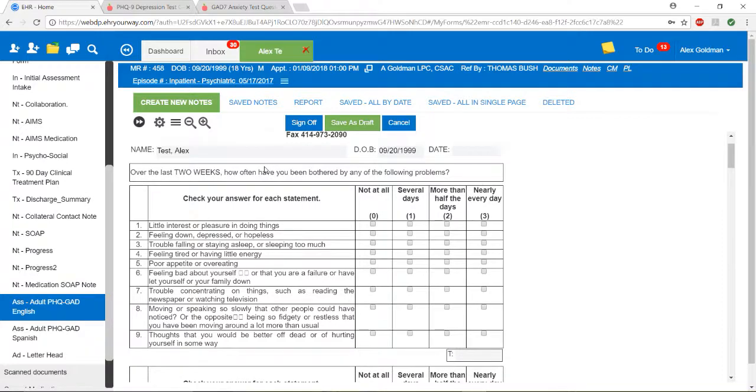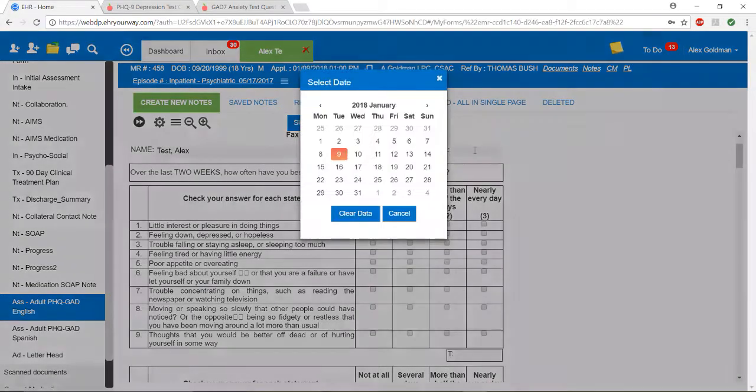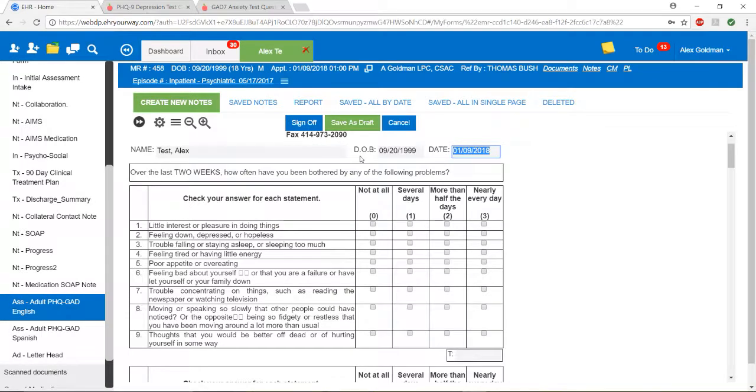So you obviously want to make sure the client's name, date of birth is there, and the date that this form was conducted. And then you simply either allow them to read the form or you read it to them, depending upon if they can read or not. And it's basically assesses how the last 2 weeks have been. So you ask the question, over the last 2 weeks, how often have you been bothered with the following problems? And they read through it and then they choose how they've been experiencing